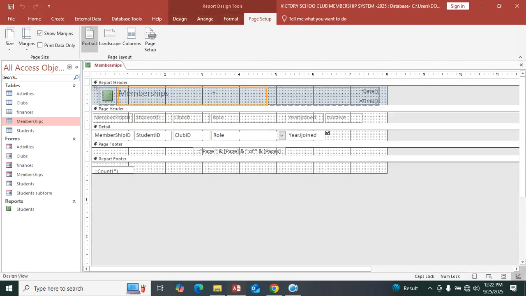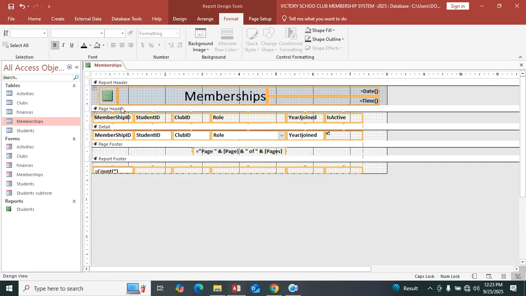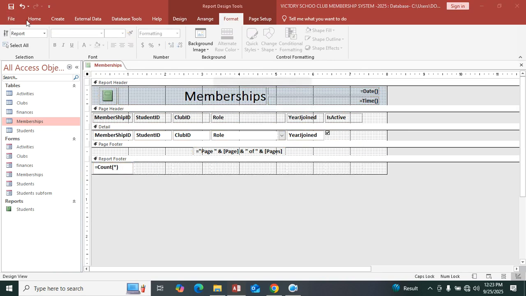Then I go to design view, do the editing as you wish, like I'm doing. Then this one I can probably increase to 28. Then this one just have like that. You need them to be bold. So this is my report. Can just adjust this one like that. So as I capture members,